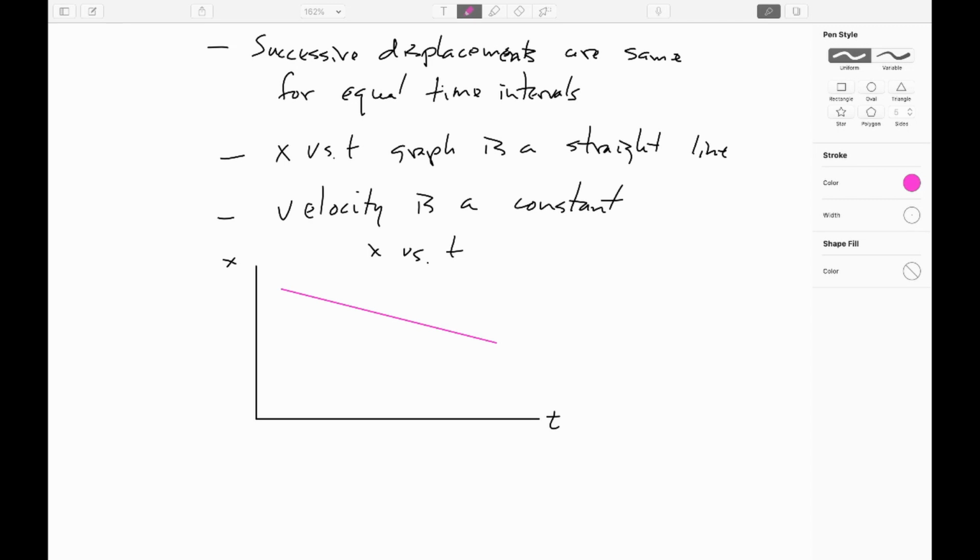Later, we will go ahead and extend that to say that it's equivalent to saying the object has no acceleration. But that is